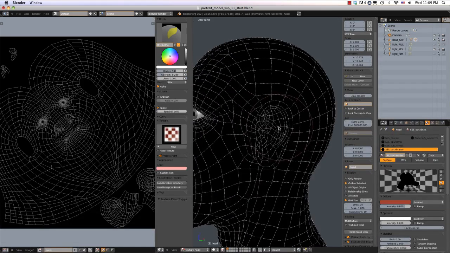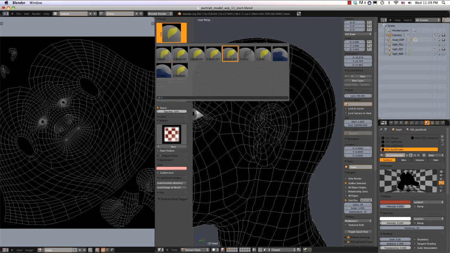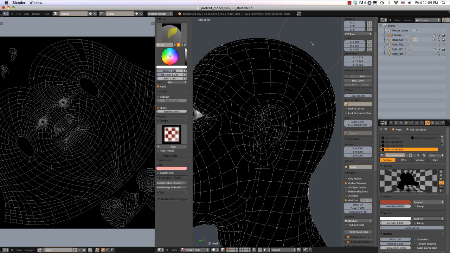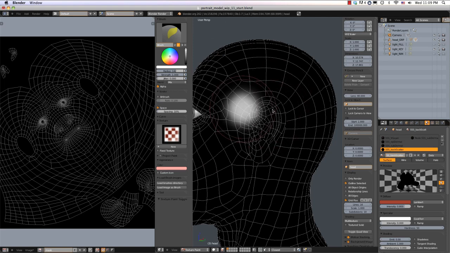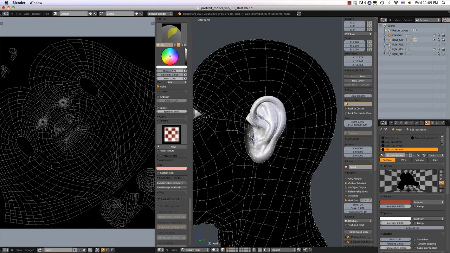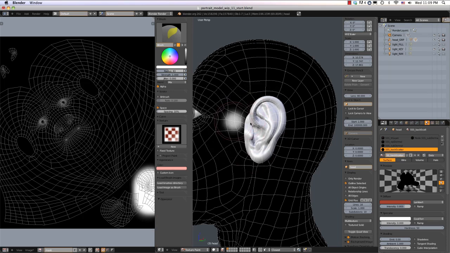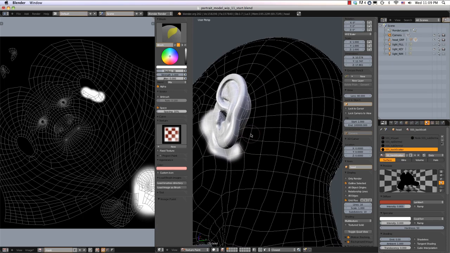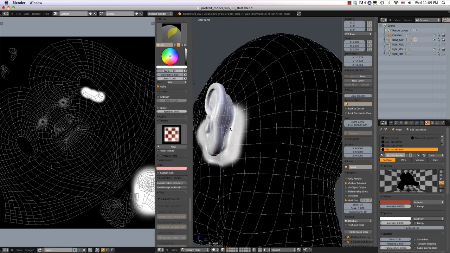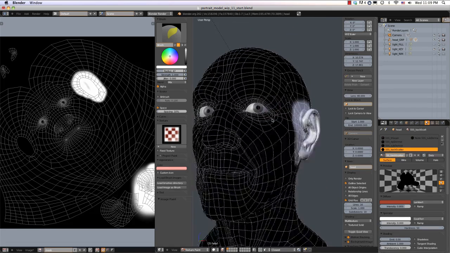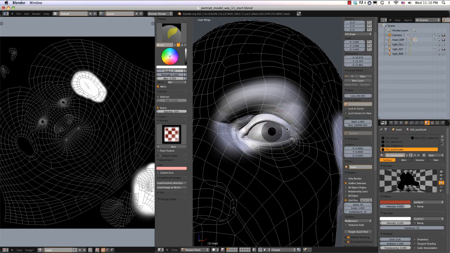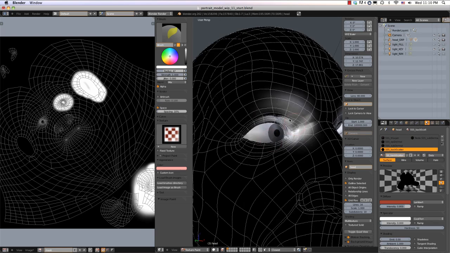So with project paint off and the regular brush enabled, and I'm going to grab my Wacom pen. And let's see, strength at 1. I'm going to start painting white where I will want the backscatter to show up. So that's just going to be around the ears here, and note that since it's a smaller 1024 texture, it looks like the brush stroke is not matching the size of my brush icon. So I'm going to just paint over the ears and the ocular cavities,